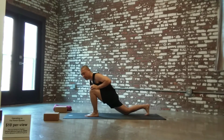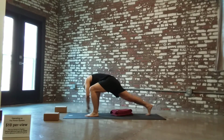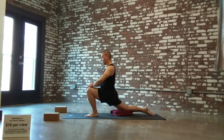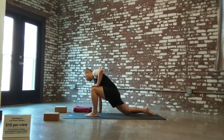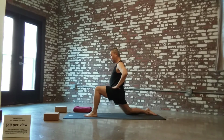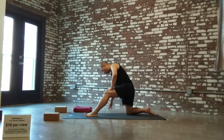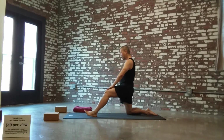Now for those of you with tighter hips, with sensitive knees, you might want to pad your right knee with your blankets or your towels, and then take the pose here. Now for those of you with tighter hips here, right, you may not be able to lunge forward that deeply. If that is the case, you can work, rather than the hips moving forward for the quad stretch, you can keep